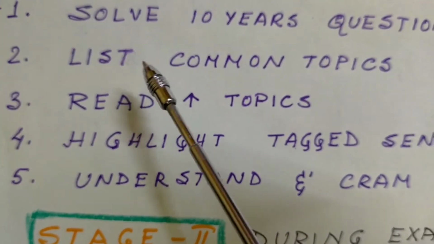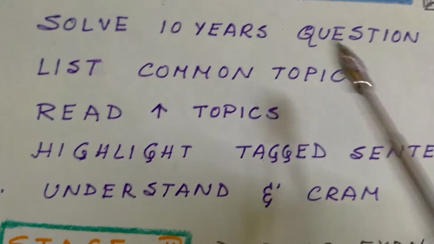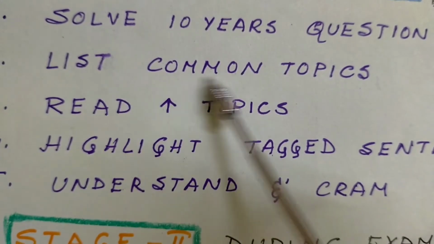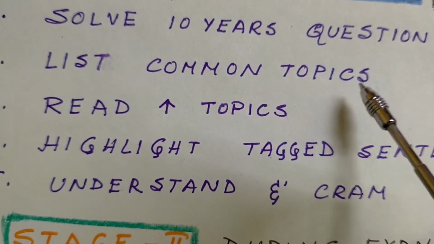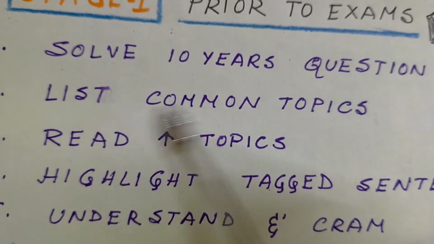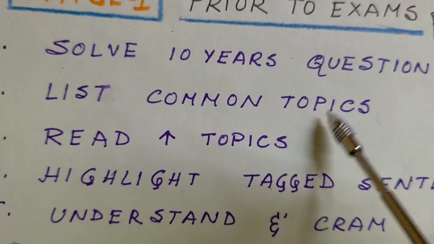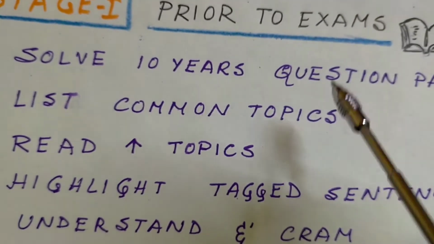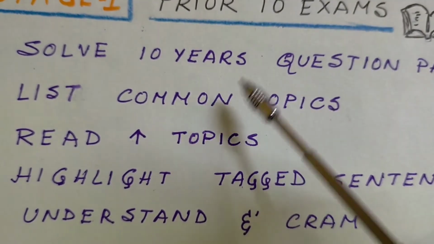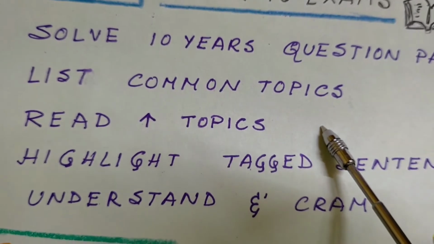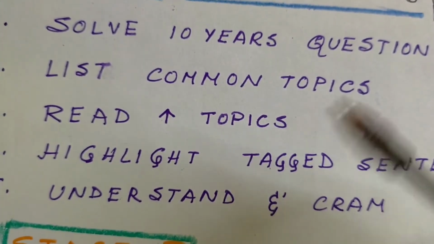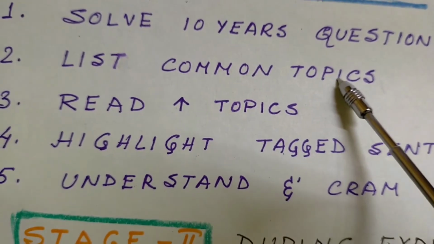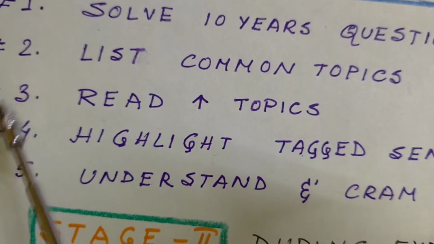Number 2 is that we will list some common topics. Now we have these questions which have come in the past 10 years. So what we must do is prepare a list of the common topics which have come in these 10 years. This list will have names of the topics from which cases have frequently come, and we will get a good list from the book. So we need not panic that we have to learn or mug up the whole book. Listing common topics is a very good practice, it is proven and it has helped many people.